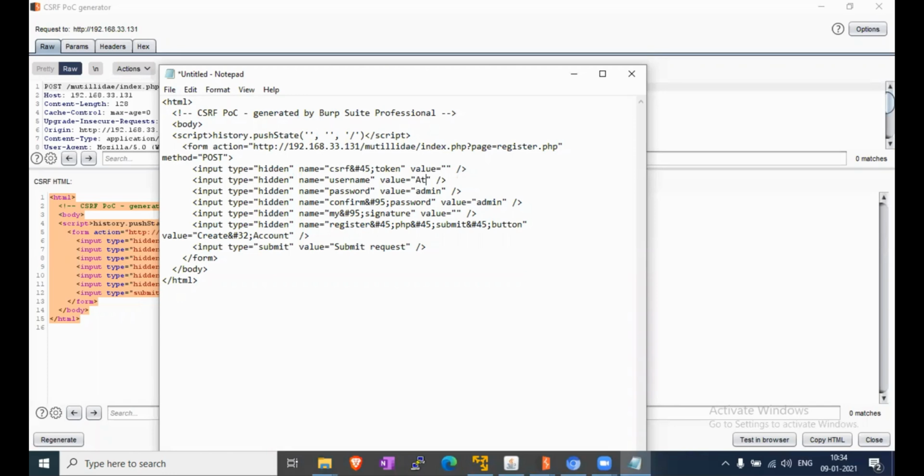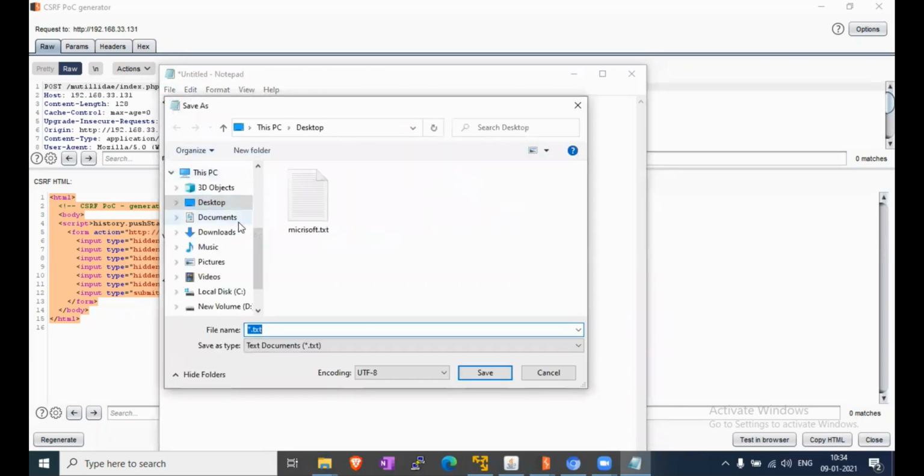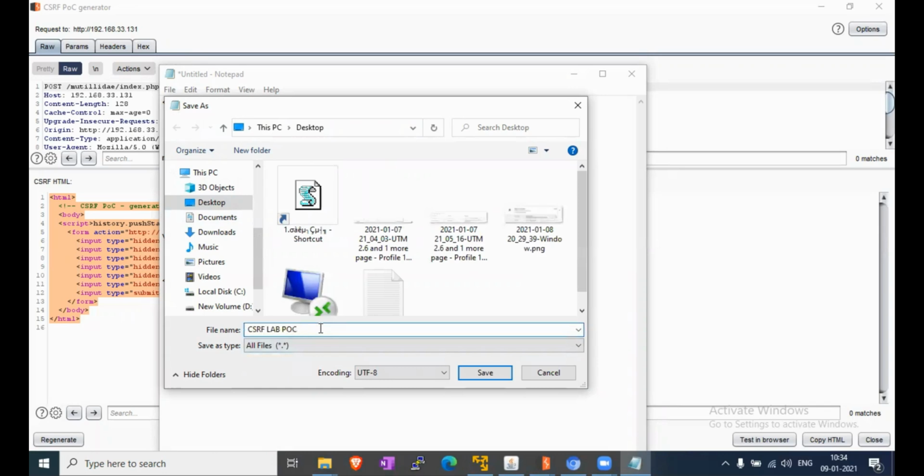I am setting the username as attacker and the password as attack. And now I'm saving this file on the desktop as CSRF lab POC, all files, dot html.